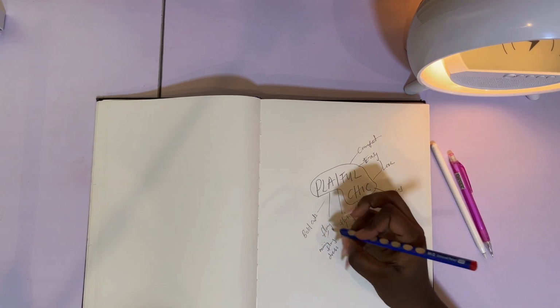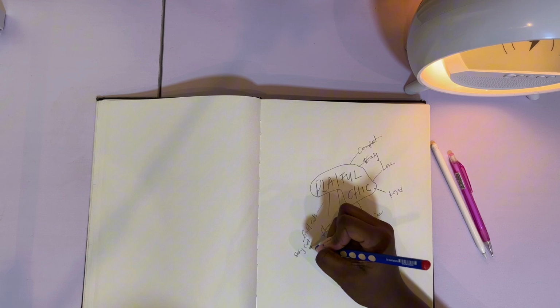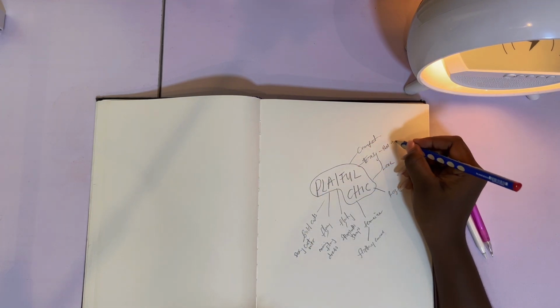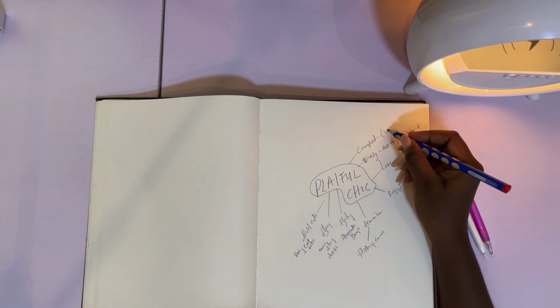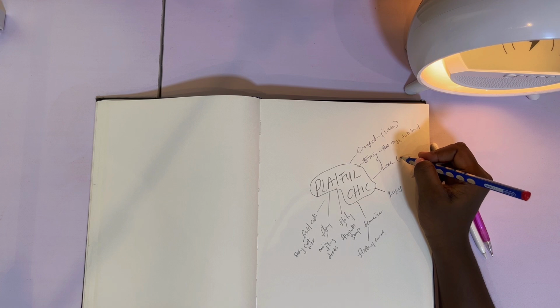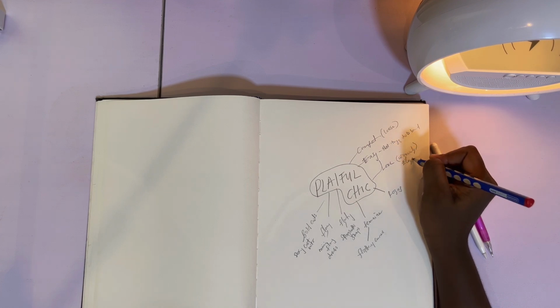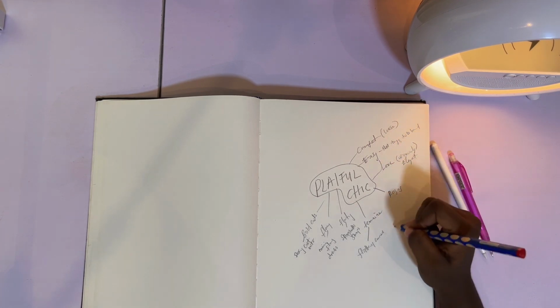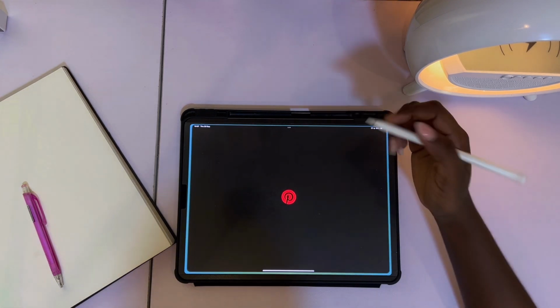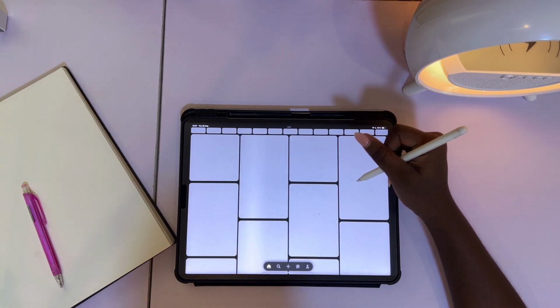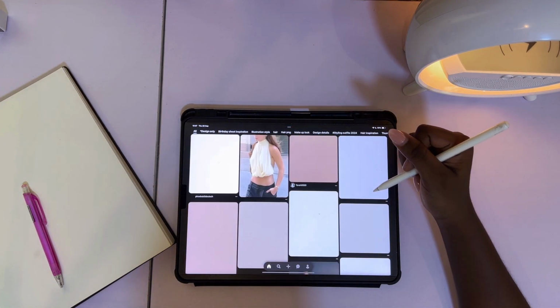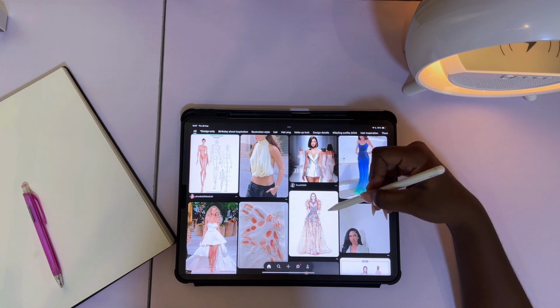If you see some designers, they are inspired by music, they are inspired by feeling and emotion, but the truth is, it is quite hard to convey that in your dresses if you haven't gotten to that level yet. And the best place to find that without breaking your bank, without leaving your house, is Pinterest. When you go on Pinterest, you're going to find pictures that you like. This could actually be pictures of dresses.